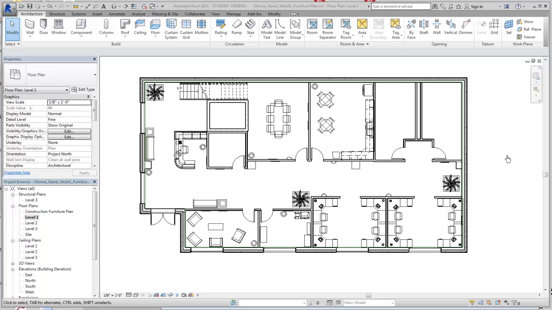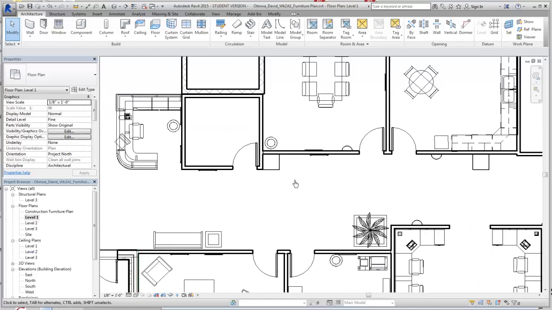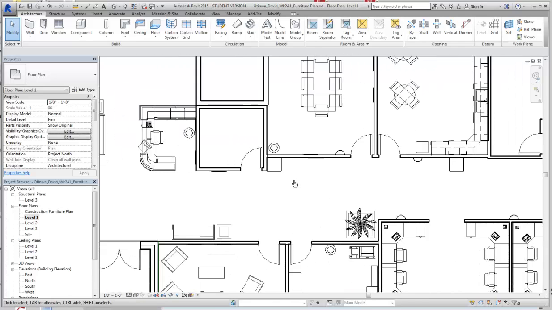Alright guys, so I'm going to show you how to do a detail in Revit. It's a bit different than doing details in AutoCAD because you don't draw as much, you actually place things instead. So what we're going to wind up doing, let's say that we were going to do a wall section, because you guys will have to do a wall section at some point